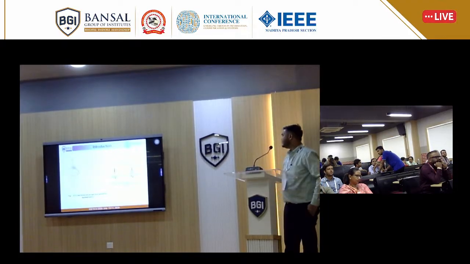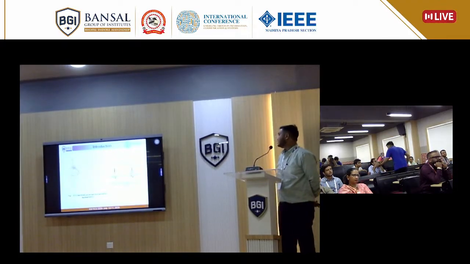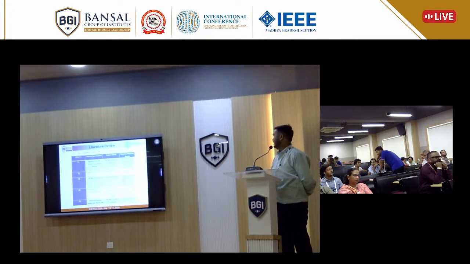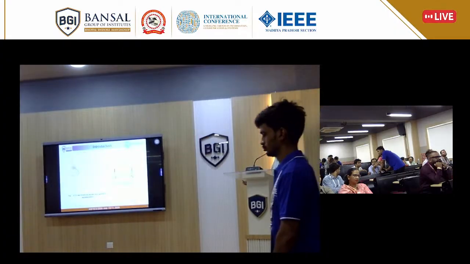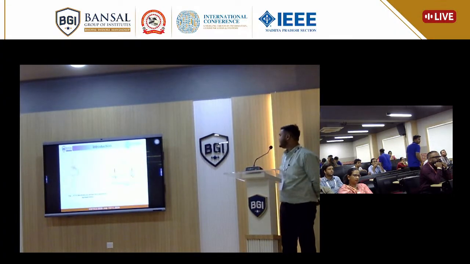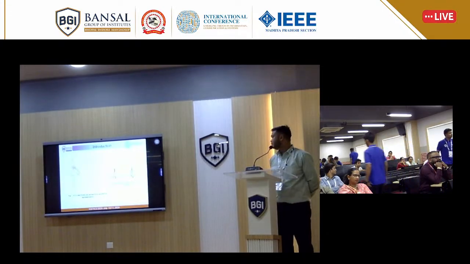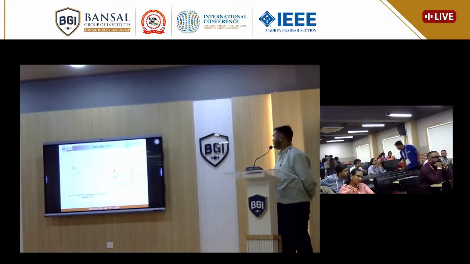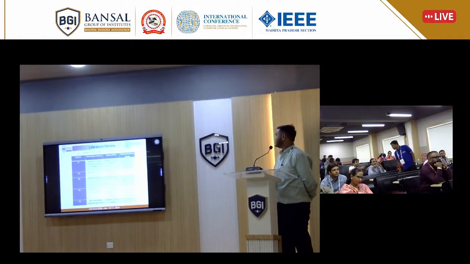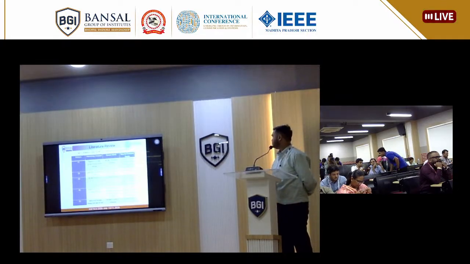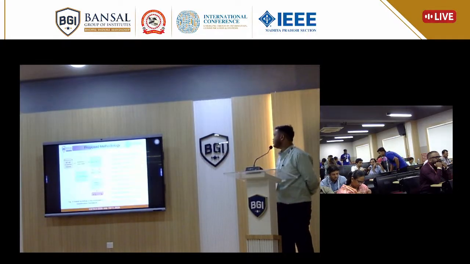So how do we represent an ECG signal? This is the signal form of the heartbeat, and P is the starting point of the heartbeat, and QRS is the main complex covering the heartbeat. T is the repolarization of the heartbeat. So this is the literature review. I have read some papers, and this is the proposed work.